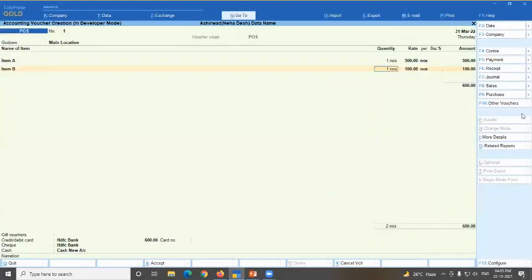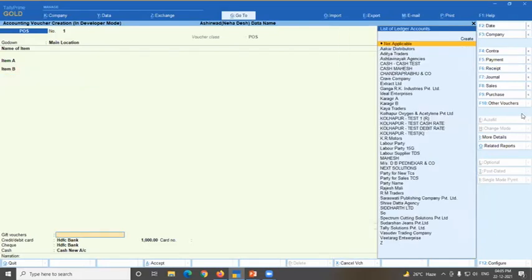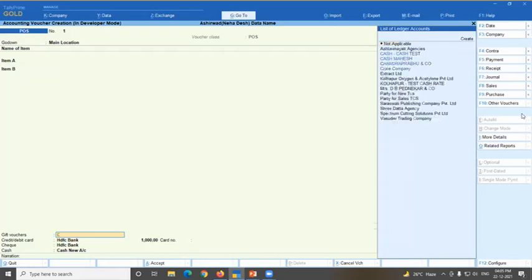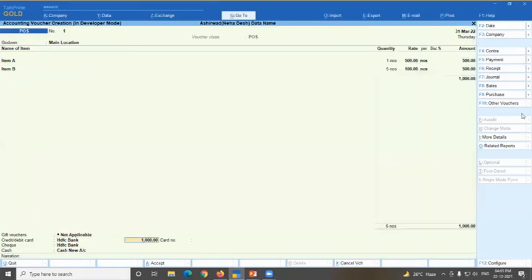See here, 5. Okay. And finally here, gift card means, suppose take one mobile shop example. In a mobile shop, they are taking finance from, suppose Bajaj Finance or Capital Finance. So you can put here that Capital Finance or Bajaj Finance account. That payment will be received from that party, so debited to the party in short. And suppose that party is taking debit card or credit card for payment, so you can select here, yes, 1000, credit card number 1, 2, 3, 4, 5, whatever, and save the bill.